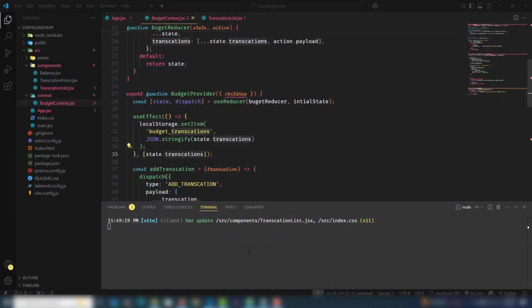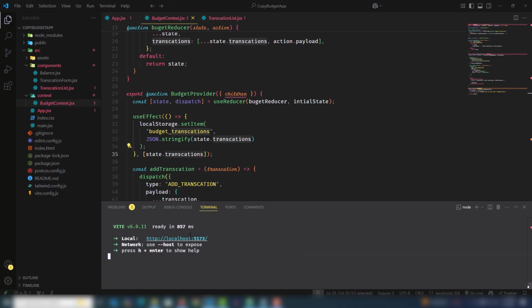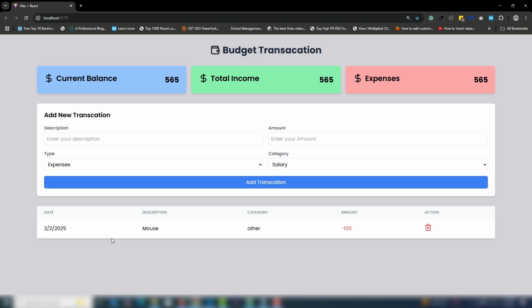Good. I'm gonna close that and stop the application, execute it one more time, and let me check it now. Yeah, guys, I'm getting the value from local storage and storing the value inside there. Cool. The next thing is I need to calculate the value and store the value inside the cards, and also